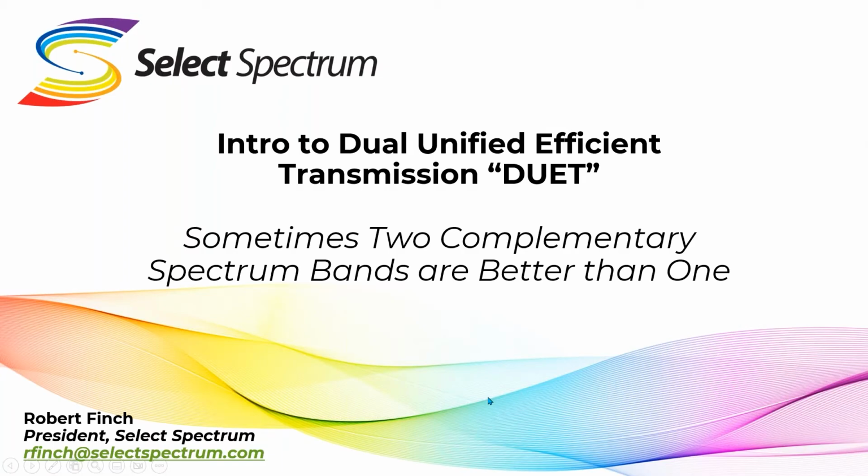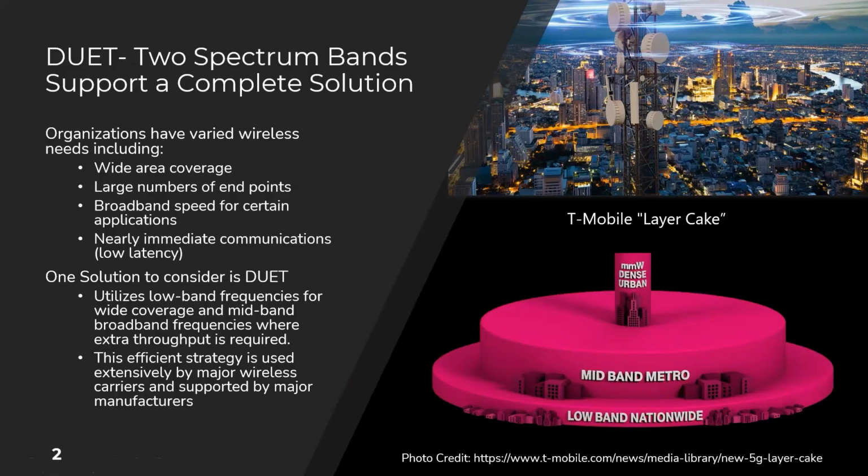I guess one reason to look at this, of course, is that this is the predominant strategy, or a version of the predominant strategy, that's used by carriers around the world. Here in the United States, T-Mobile calls this layer cake. They actually have a 3-layer cake. We're going to recommend a dual approach, but many of the same situations in terms of the low band coverage on a broad area and the mid band coverage for capacity and broadband